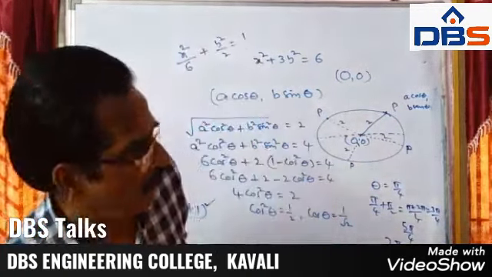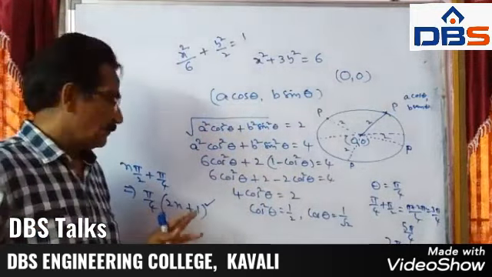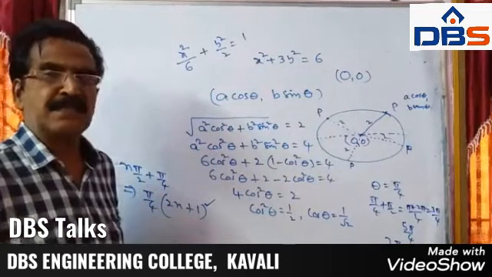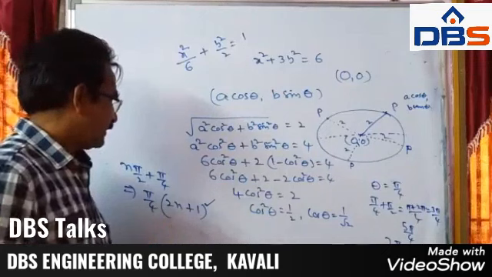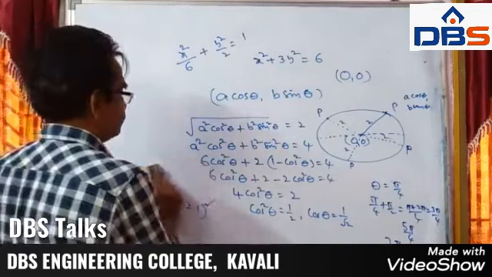Okay friends. So after getting theta, you have to do that theta into 2n plus 1. Theta into 2n plus 1. Say suppose theta you got pi by 3. So then 2n plus 1 into that angle. Okay friends.